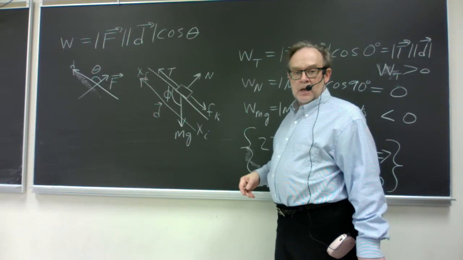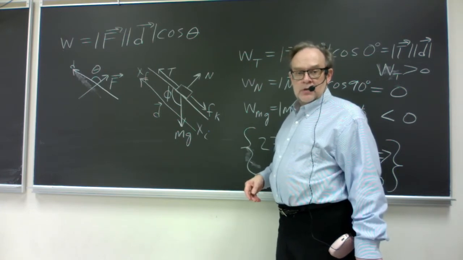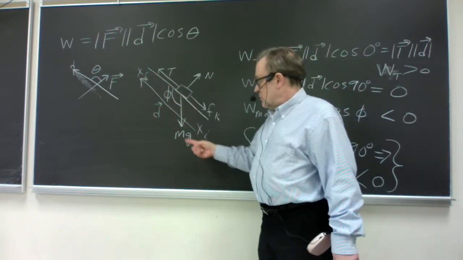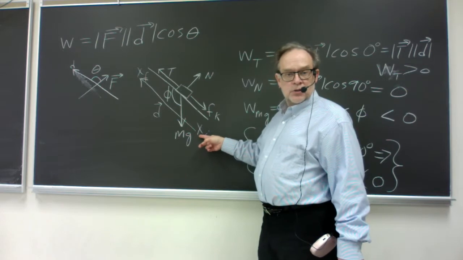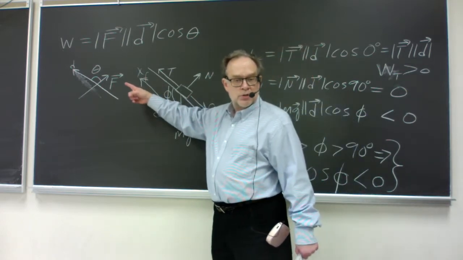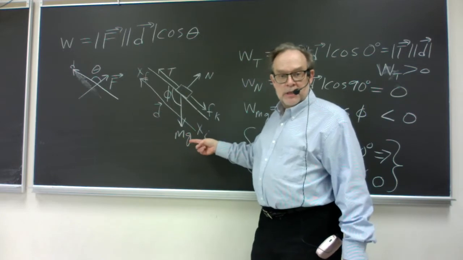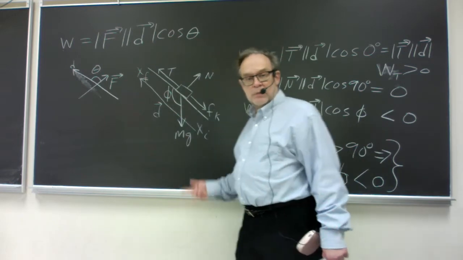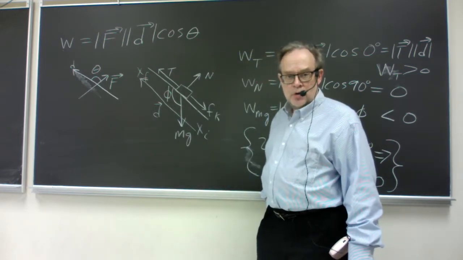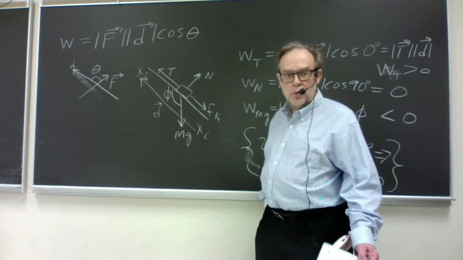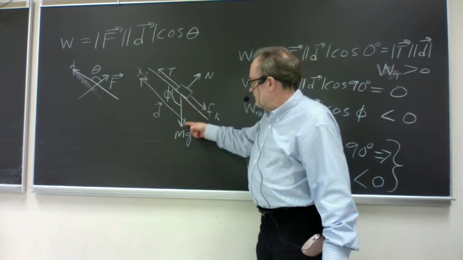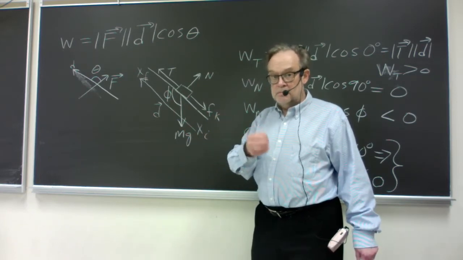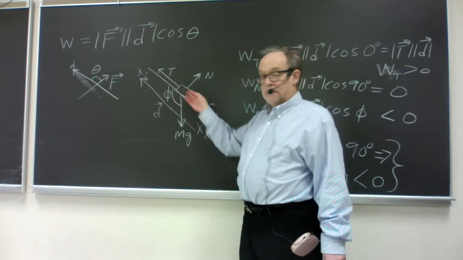Just imagine you've got some big crate, and a rope is attached to it, and you're pulling the crate uphill. So here's the initial location where the crate starts, here's the final location where the crate ends, and a displacement vector always points straight from the start to the finish of some kind of motion. And while that crate is moving, it's feeling four forces. Of course, there's the gravitational force from the Earth, the weight pulling straight down,